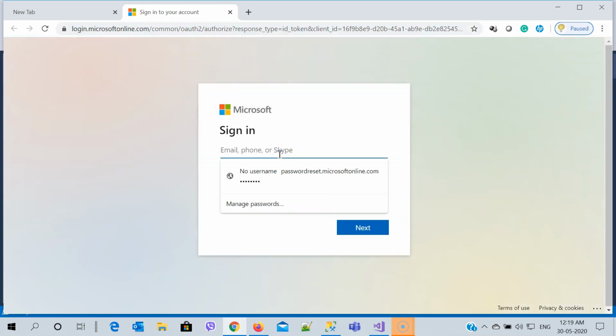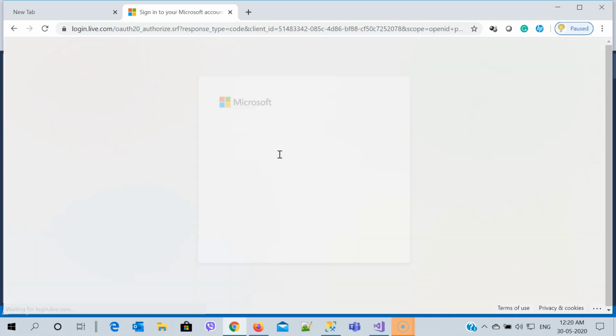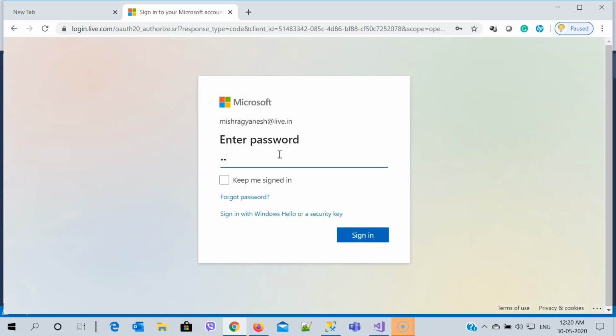So just put your user ID and your dedicated password.